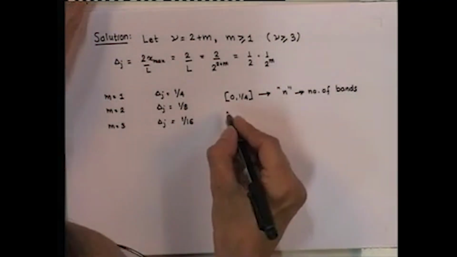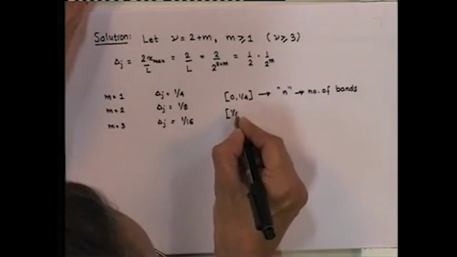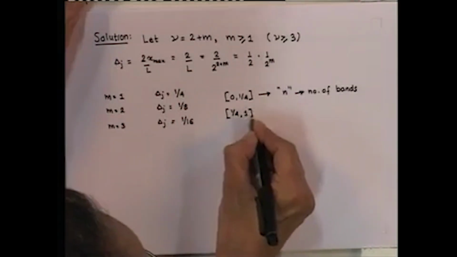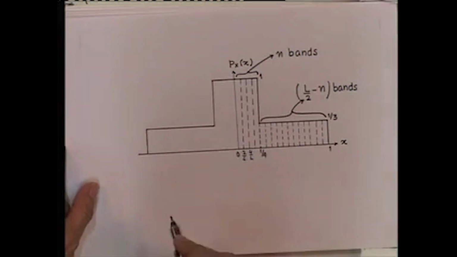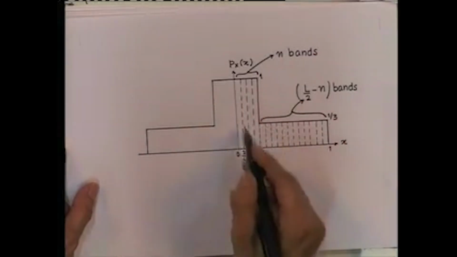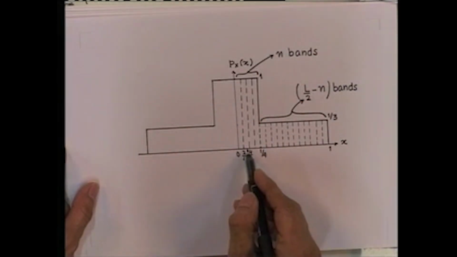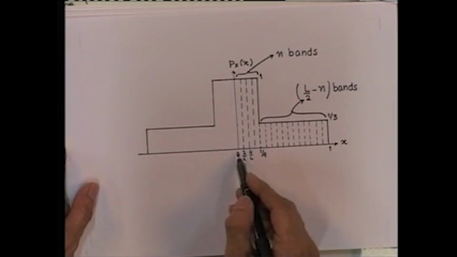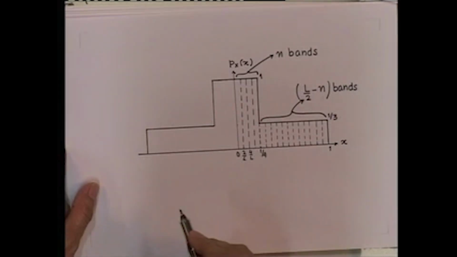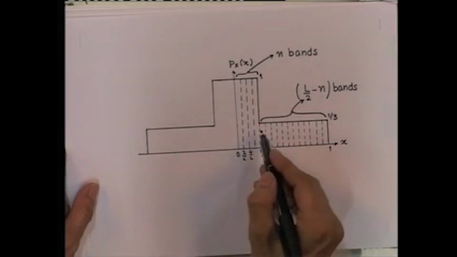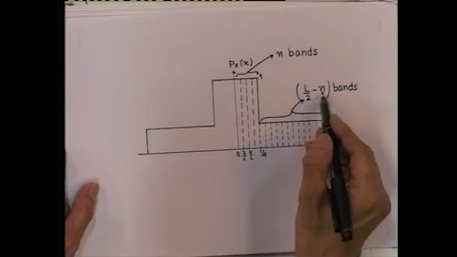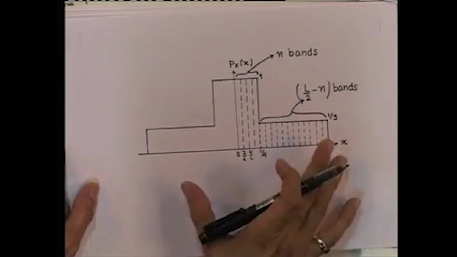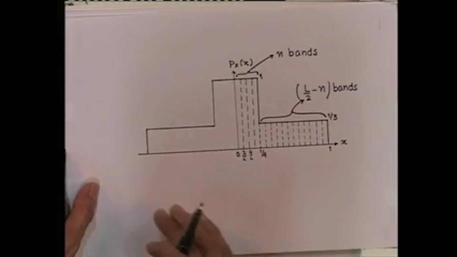And so is the case for the interval between 1/4 to 1. So, this PDF will be divided as follows. Depending on the value of m, there will be n number of bands between 0 to 1/4, and the number of bands between 1/4 to 1 will be L by 2 minus n, because L denotes the number of bands between